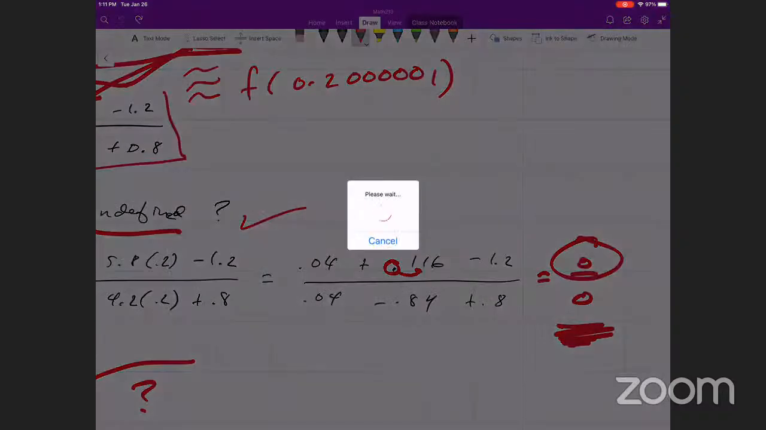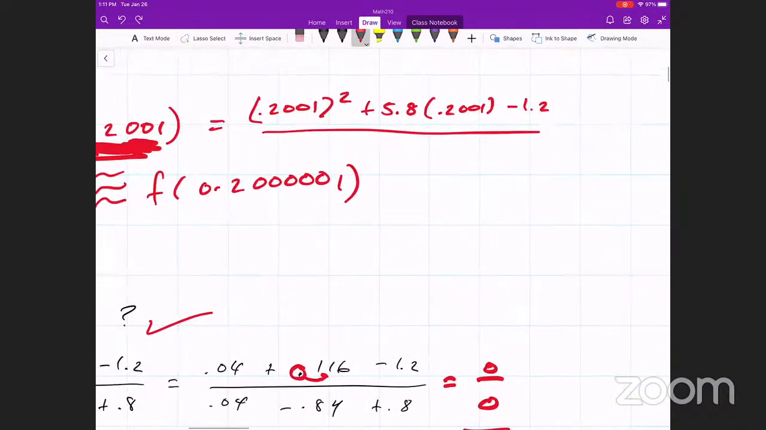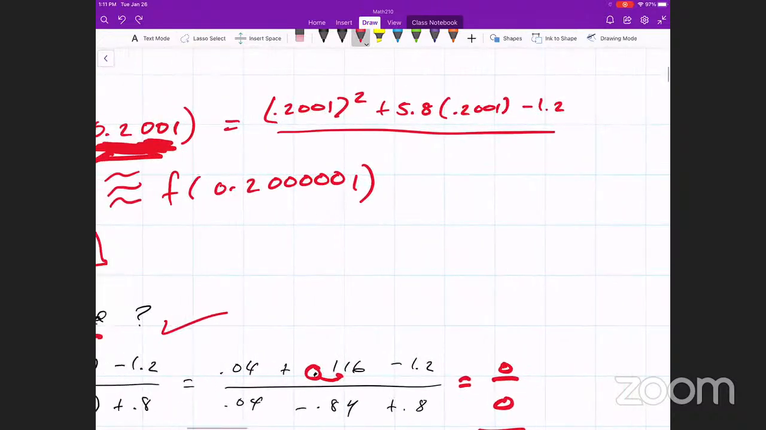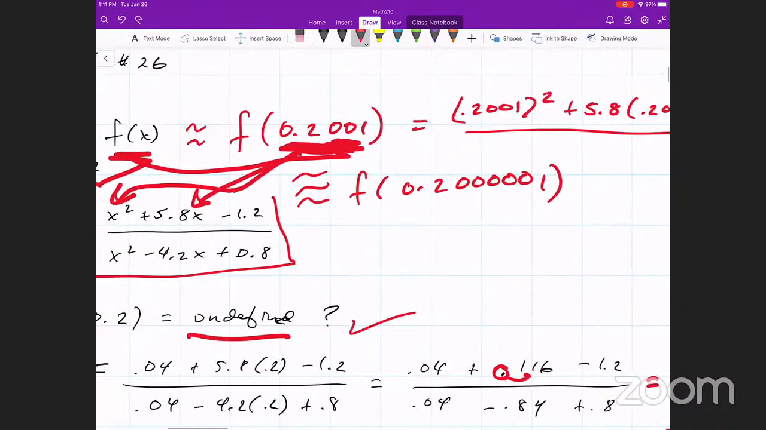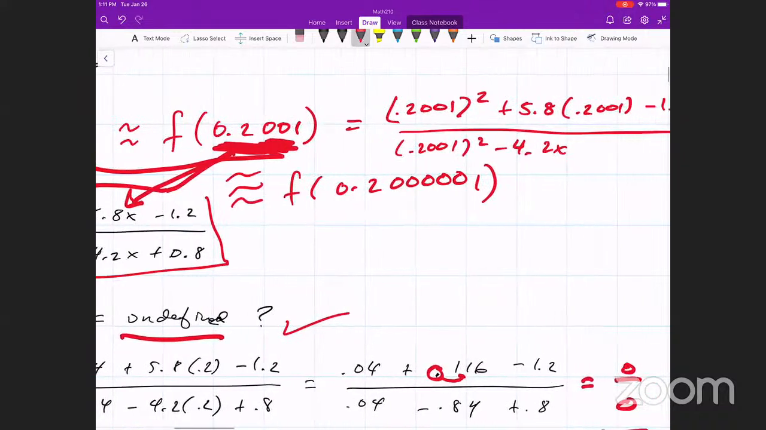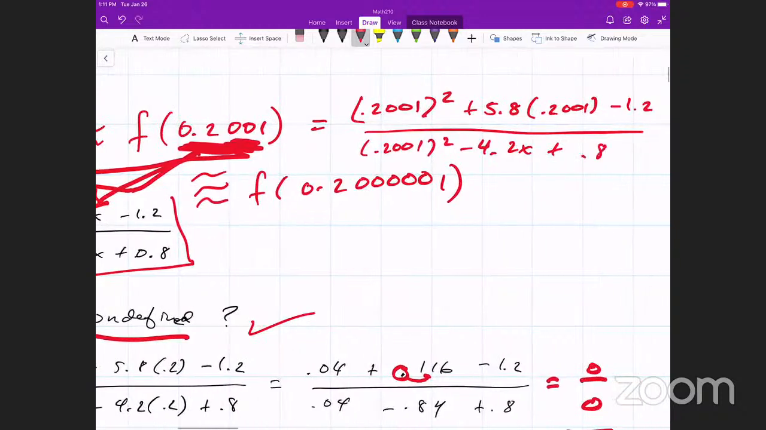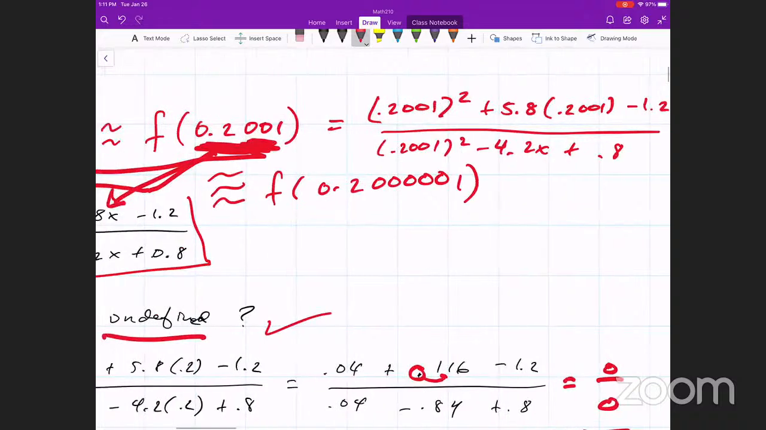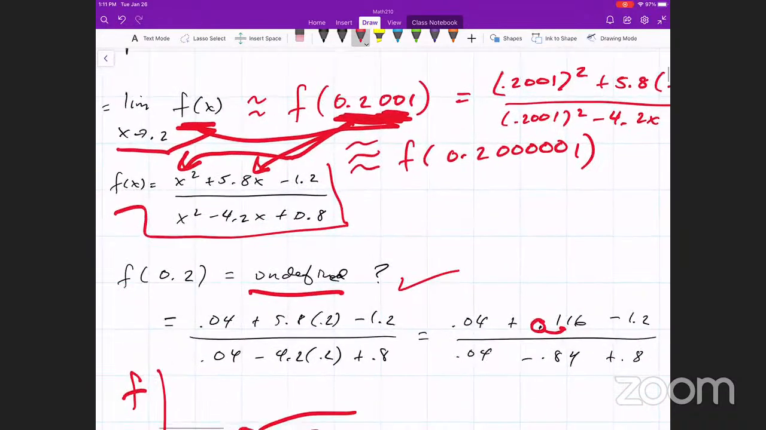And so I won't get 0 when I put something nearby the 0. Okay, and also I have to put it in the bottom. I have to square 0.2001 and minus 4.2 times 0.2001 and add 0.8. I'll just write that out, but I'm not actually going to stick it in a calculator. And I could figure out what this is. If you want me to guess real quick,